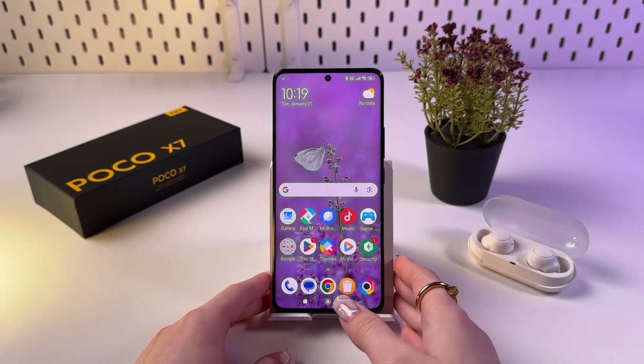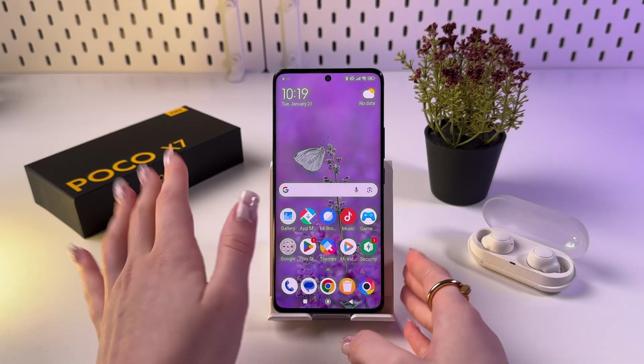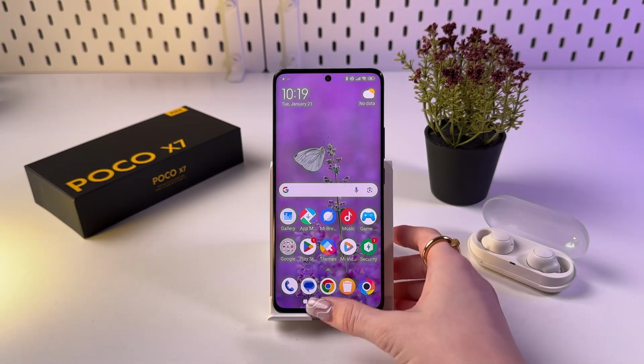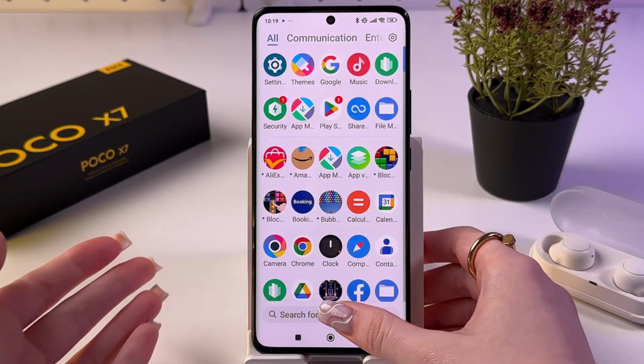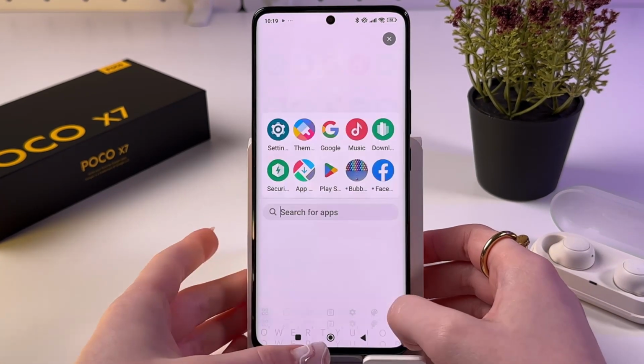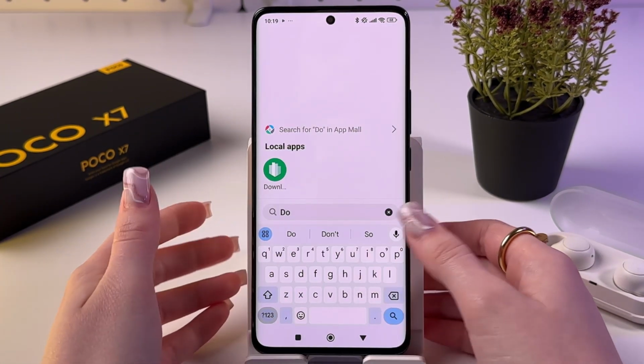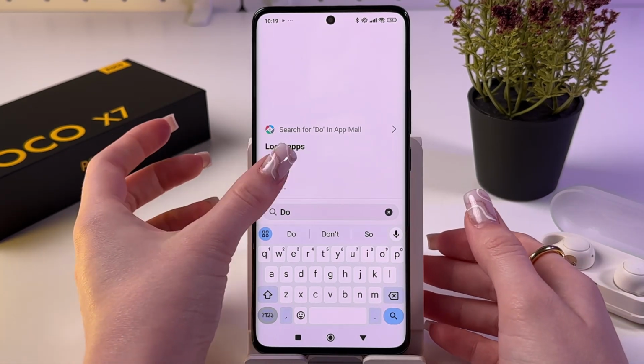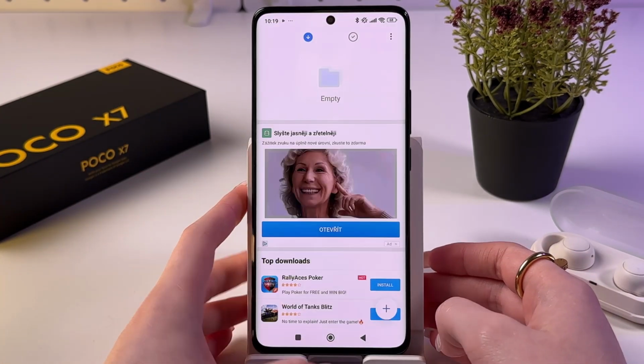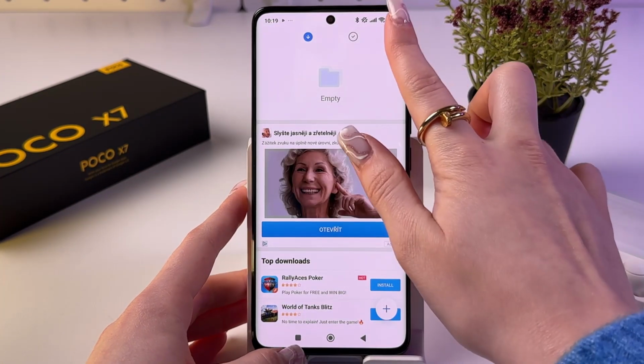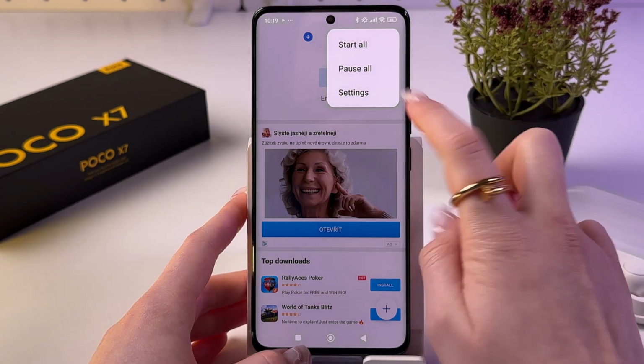Hi, to remove ads on your Poco X7, we got several ways. The first one is we need to find and open Download tab. For that, I'm going to enable my app drawer and manually enter downloads, and here it is. So just open it and then tap on the three dots in the top right corner, like that, and choose